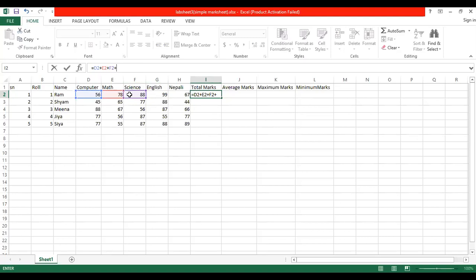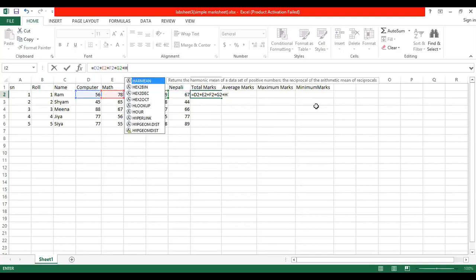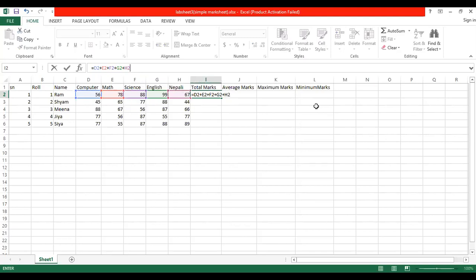You will do here G2 plus. And 67. What is the formula of this 67? Column name H and row number 2. So you will do here H2. Now enter. You got here what? 388. So this is called what? The long method you are using here.